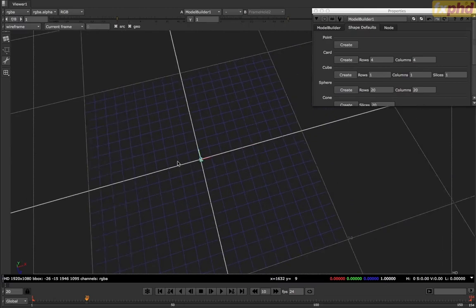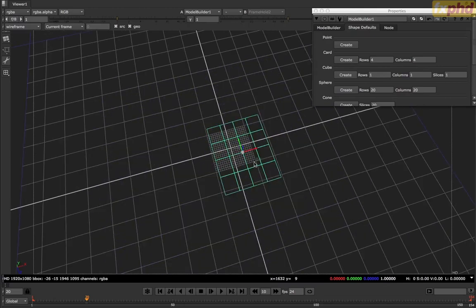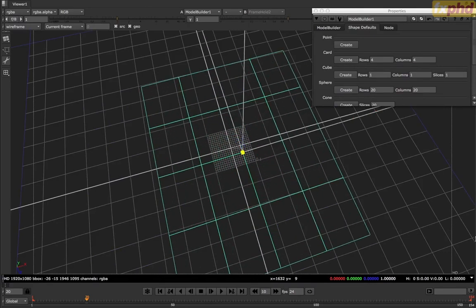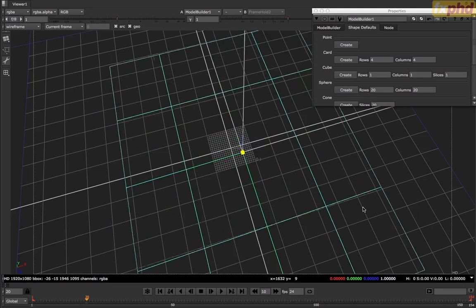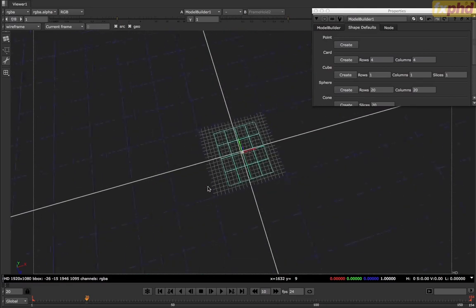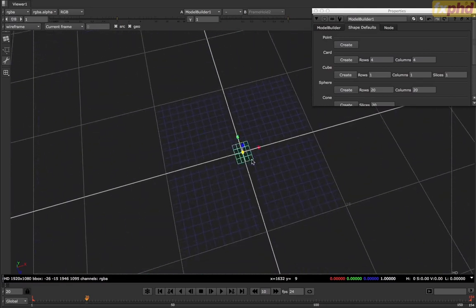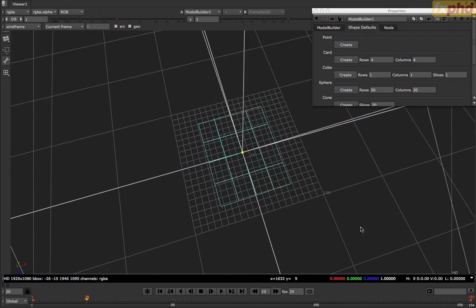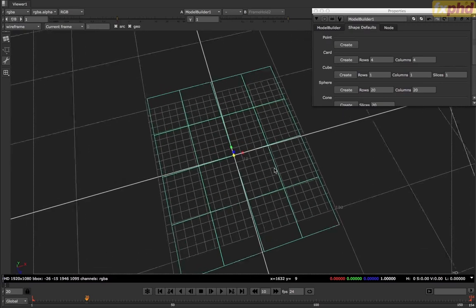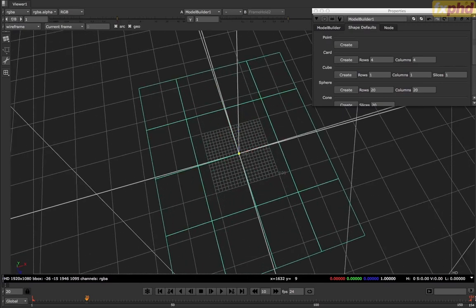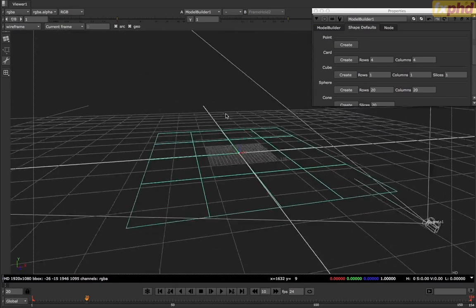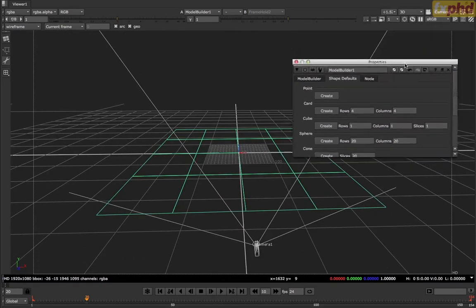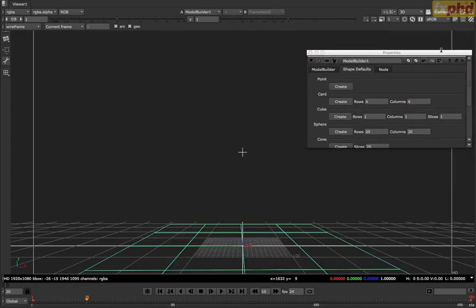Now, the next thing we need to do is scale this up. If you hold Shift and Command and hit scale, we're going to draw from the yellow anchor point. It will scale it up. And now we can start to make it feel like it's large enough to work as a ground plane. And now if we click on this camera, it should send us to the camera view,